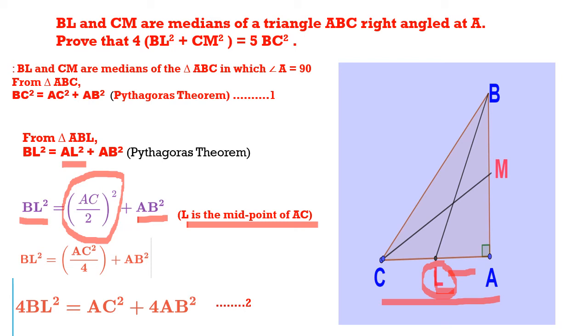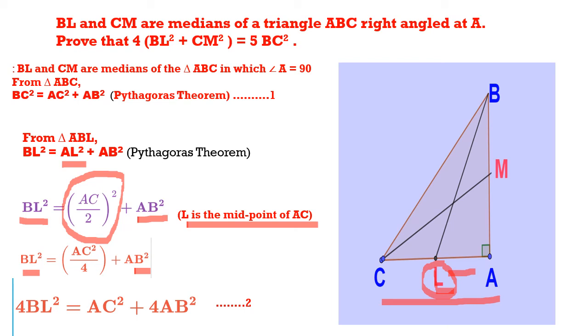So what is AC squared? It is AC squared, but the square will now shift inside the bracket, and in the denominator, 2 squared is 4. So we have taken the square of AC upon 2. The other two parts will be as they are, AB squared and BL squared. We have to do nothing with them. Just bring them down as they are in the next step also.